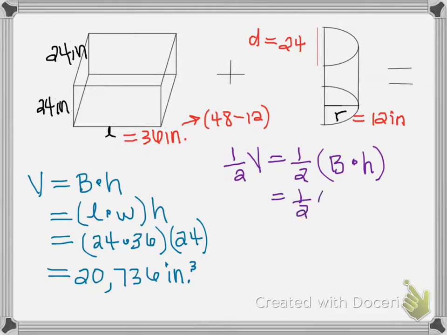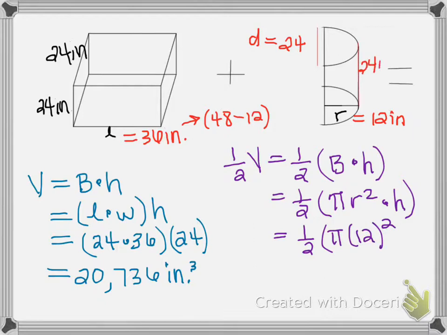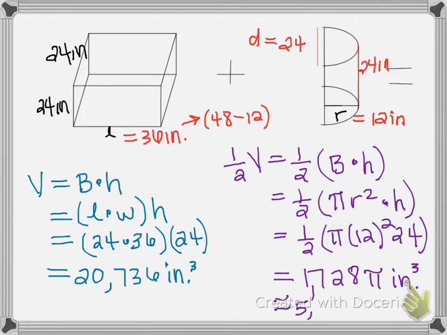So since the area of the base is a circle, it would be pi r squared times height, where I know that my radius is 12 inches. So I put in that 12. And my height is 24, since it must be the same height as the rest of the aquarium, giving me a total of 1,728 pi inches cubed. Since the problem specified to approximate in cubic inches, I did go ahead and multiply 1728 times pi, which gives a total of